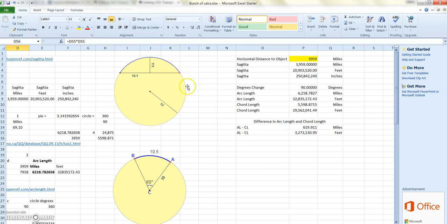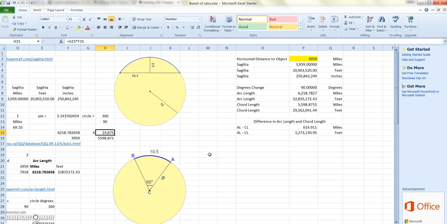And so to double check that, to see if that's actually right, 6218, if you take that and multiply it by 4, you get 24,875. And that's what I've been using for my circumference of the Earth. I know some people say it's 24,900, whatever. It's close enough. I've already proven in my other video, if you go back and watch it, that it